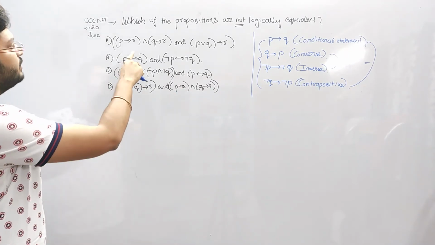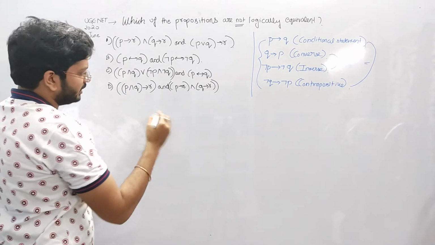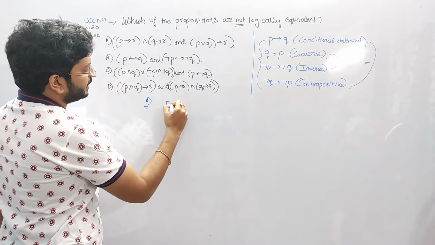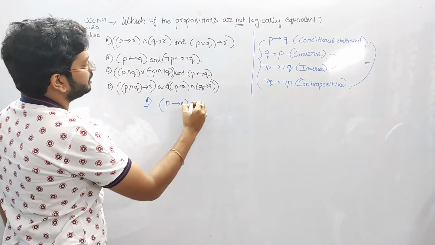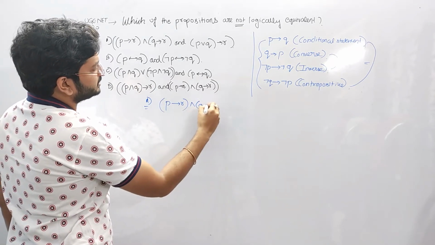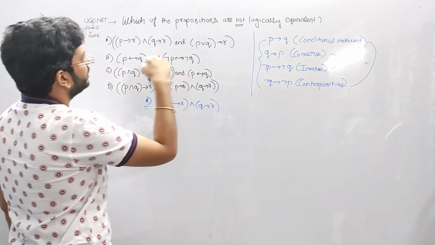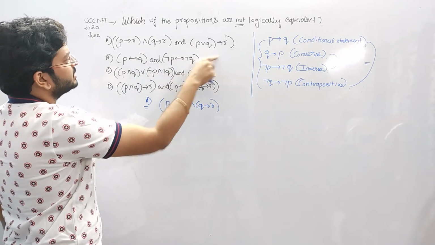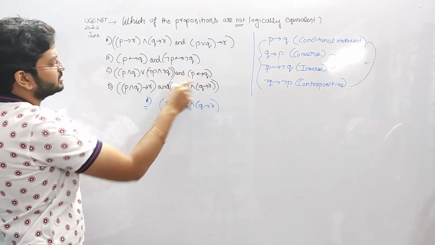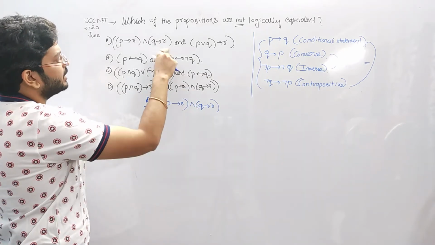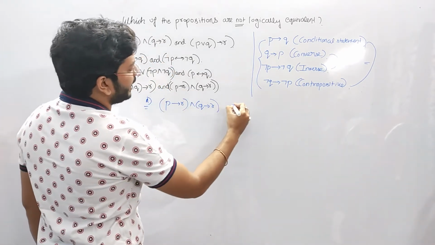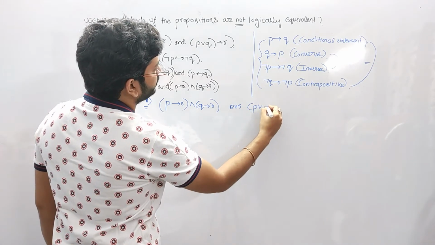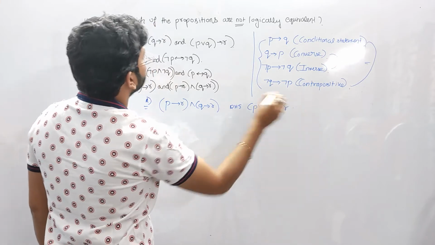Now let us first take the first option. I am solving it here. It is saying P implies R and Q implies R. This part is the LHS. We are to find which are not logical equivalent, meaning I have to compare this one with this one, this and this, and so on. I am taking the first option. The RHS is P or Q implies R.